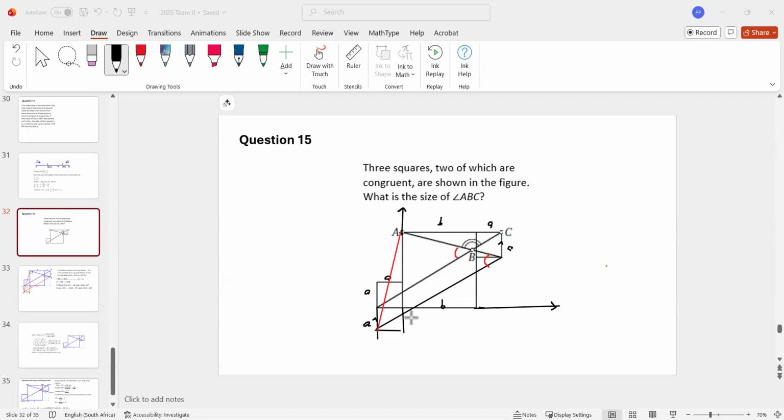So therefore, these two triangles are congruent, which means that